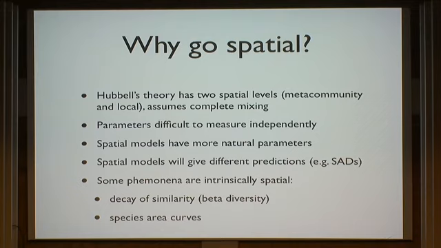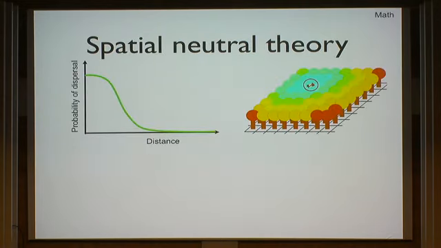I'm not going to go into so much about the spatial neutral theory, though I have lots of slides on that. This, by the way, is what was done by James Rosindell as part of his PhD. We continue to work on this since he finished the PhD. I'll just cut to the chase straight away. So the difference between spatial neutral theory and non-spatial neutral theory is that when we have a gap in the canopy, the spatial neutral theory